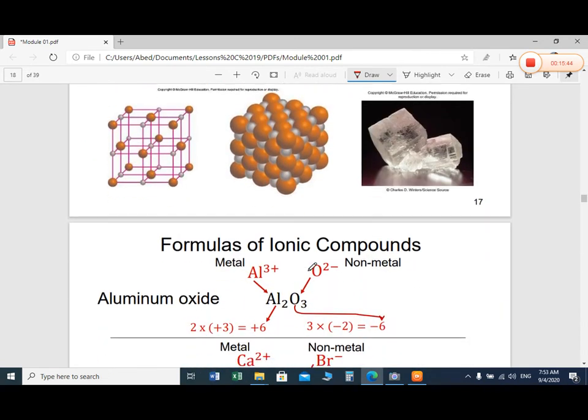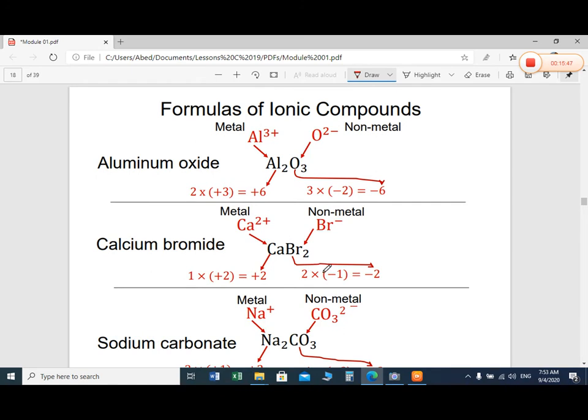So let's see how it is possible. These are 3 examples of how to write the formula of an ionic compound. I told you the ionic compound is composed of metal and non-metal. So this is the example: aluminium oxide. Aluminium is a metal, so it will come first. The cation will always be first, and the non-metal here is oxygen. When it gets 2 charge, it becomes oxide. So aluminium will be written first and the oxygen after it, because aluminium is the positive ion, the cation, and it will be first and the anion will be next. And you have to see the charges.